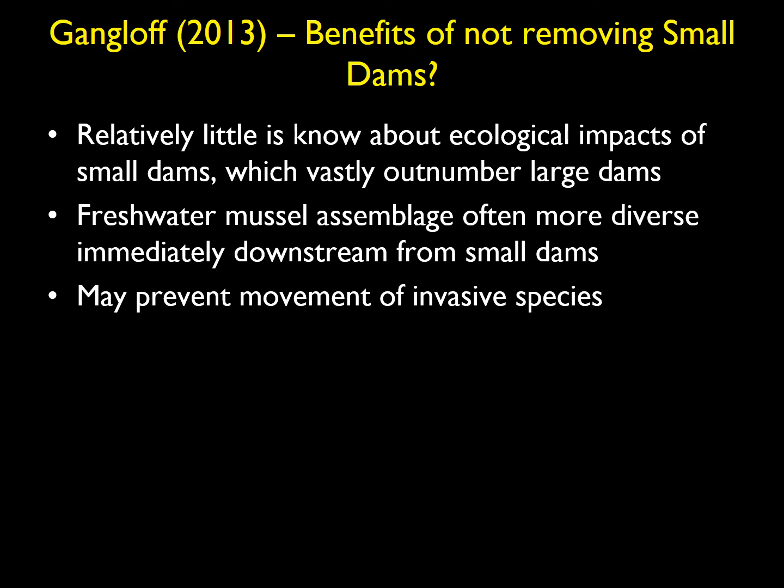There are also cases, there's a species called the sea lamprey, which is a terrifying fish if you want to Google that. And it's an ectoparasite on large-bodied fishes, and they need to get into rivers and streams to spawn. They colonize the Great Lakes. And so small dams can keep those invasive species from getting upstream. So Mike is making the case that in some cases these small dams might actually restrict movement of invasive species where they occur. Or in the case of our southern strain of brook trout, those dams might be sheltering some headwater populations from interbreeding with the other type of brook trout.